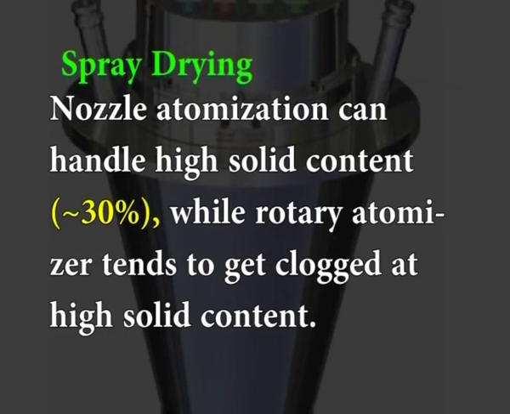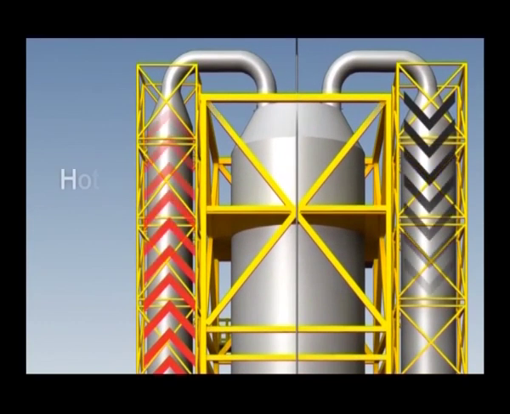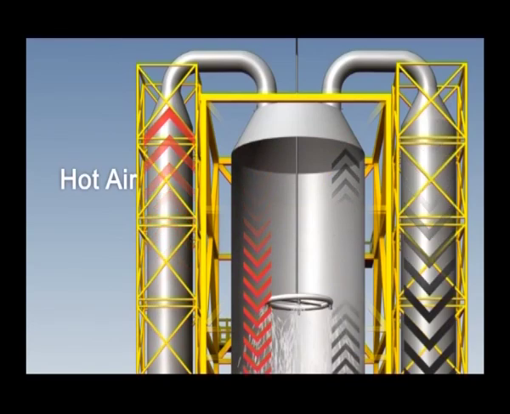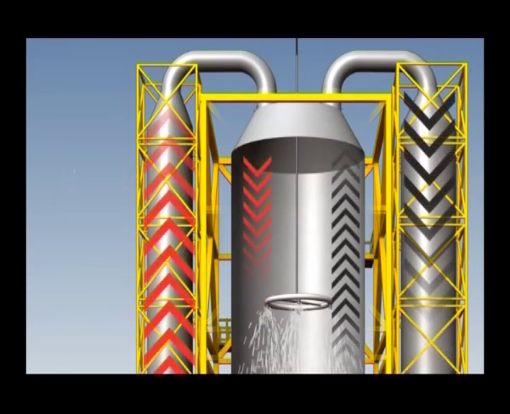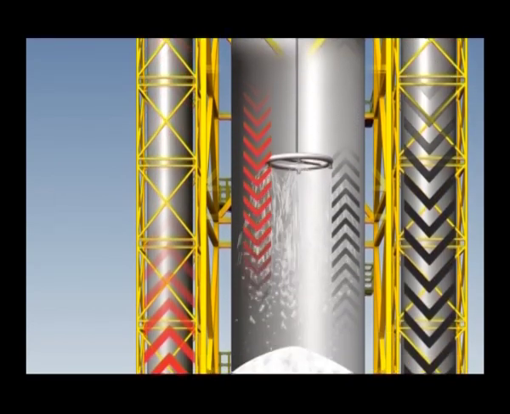However, nozzle atomizer can handle high solid contents up to 30%, while rotary atomizer tends to get choked at high solid content. The liquid spray and the hot air can be contacted with each other in either co-current